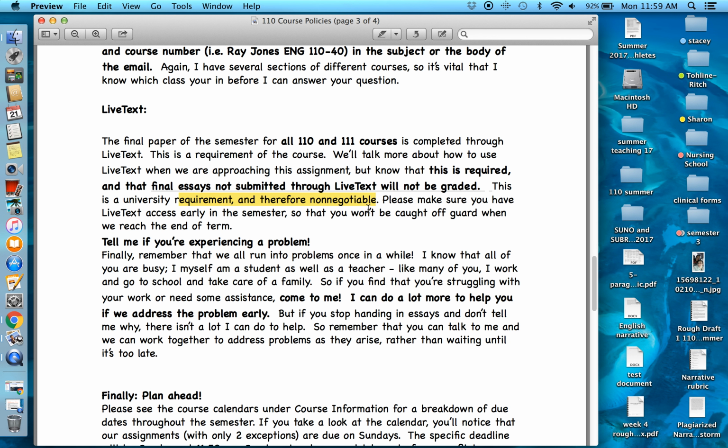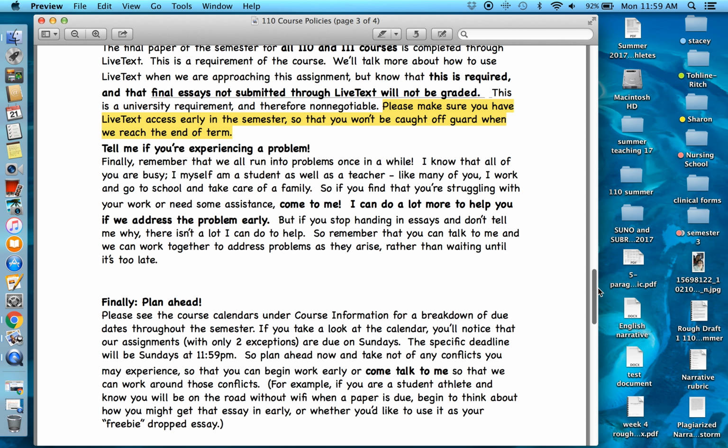So your job right now in the semester is just to make sure that you know how to get access to your LiveText account. And if you don't, let someone know. Talk to an advisor, talk to somebody within your department who can help you figure out how to access LiveText. Talk to the university IT department if you're not able to log on, and they can fix that problem